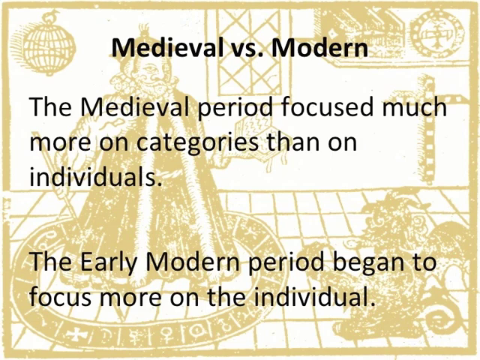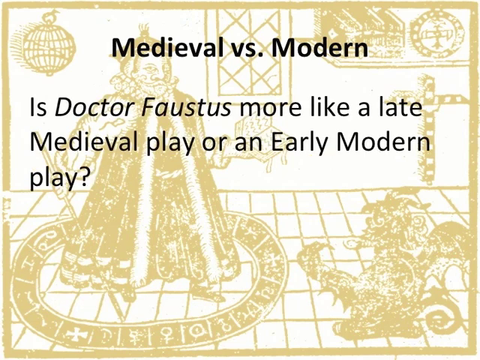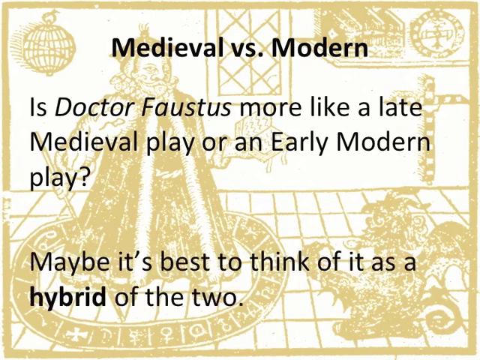So we have to figure out where we're going to put Dr. Faustus. Is it more of a medieval play, more of an early modern play, or is it, in fact, somewhere in between? Maybe this is the most productive way of thinking about the play. I think that it sort of stands on a border between the sort of late medieval ideas about drama and the individual and early modern ideas about drama and the individual. It's really more modern than a morality play, but in some ways it's less modern than the plays of Shakespeare,